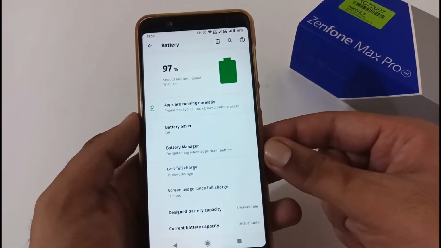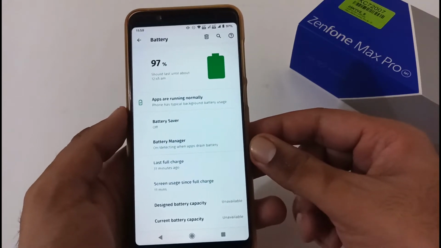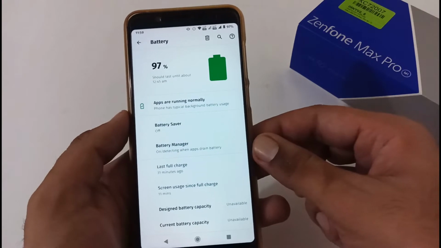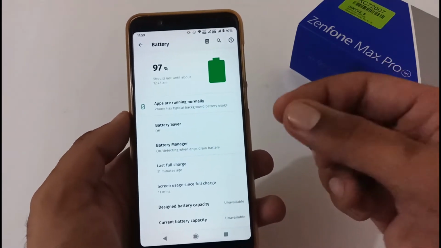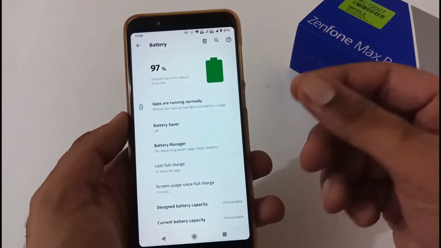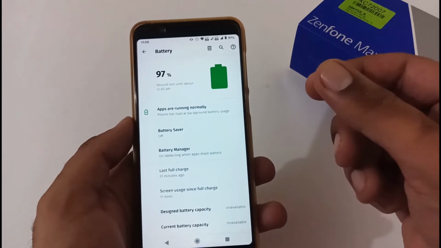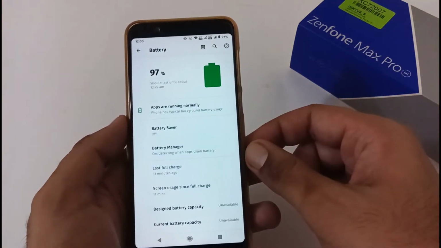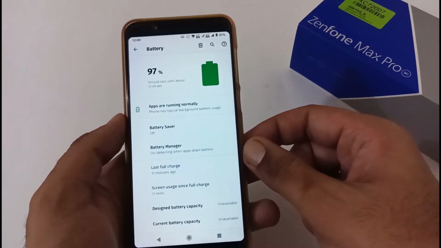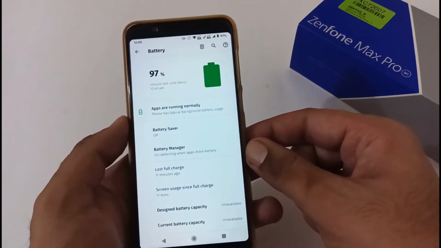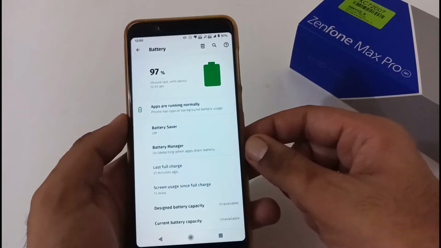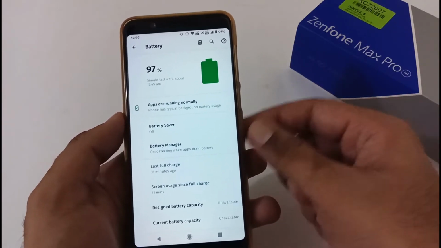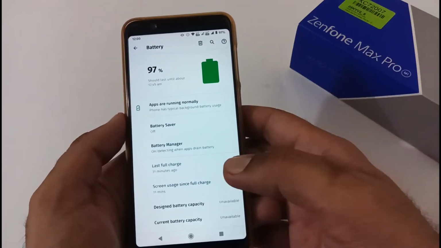And apart from this, idle battery drain: I really recommend this particular ROM in terms of battery drain, as it has very low idle battery drain. Sometimes I have seen 1 to 2%, and at most I have seen 2 to 3% battery draining over a span of 7 to 8 hours. Now again, it depends upon the number of apps that you might have installed at your side. Some apps are really battery hungry and keep on running in the background, and that might be draining the battery in the background.